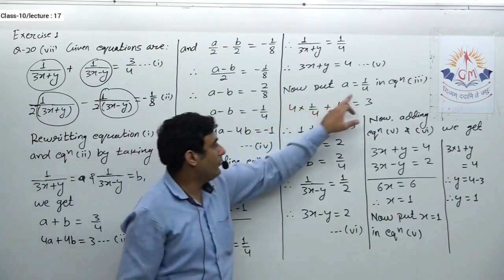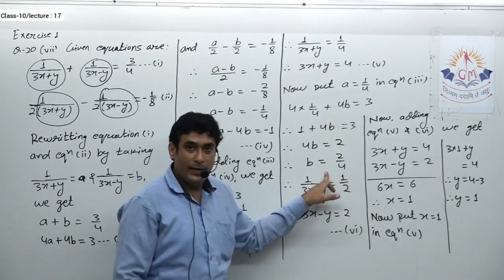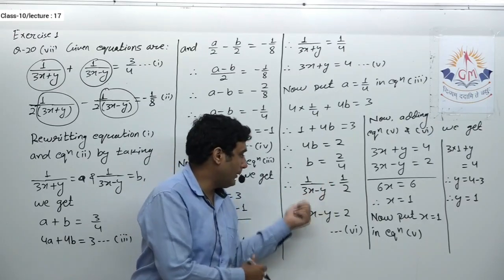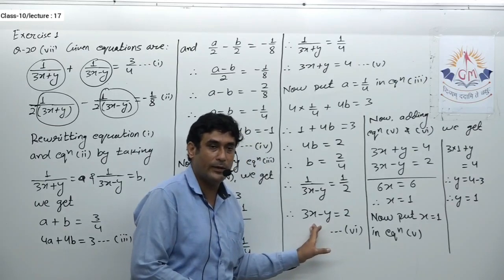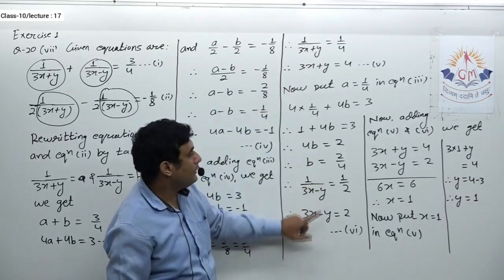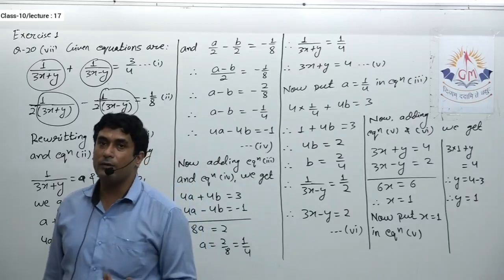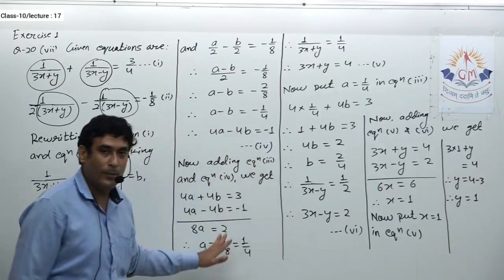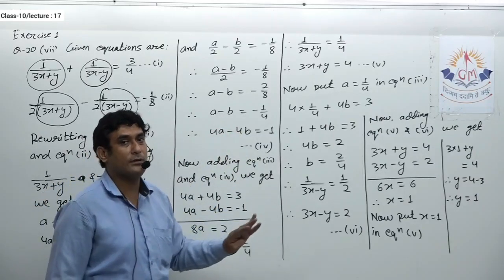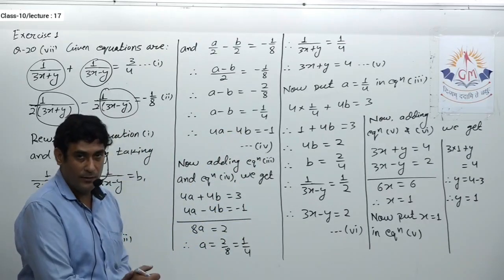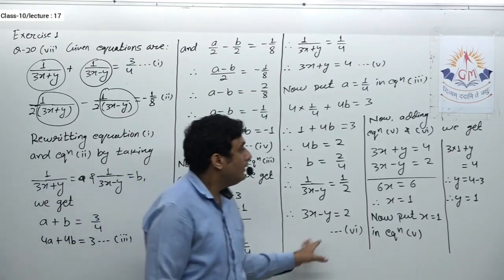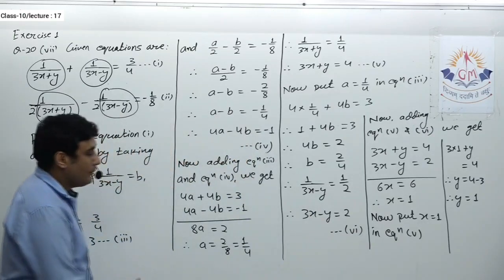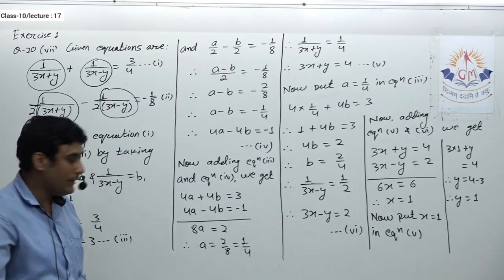After putting the value of A over here, I obtain B. What B was, it was actually 1 upon 3x minus y. So here I got another relation between x and y. Now again you have to solve these two equations by elimination method or substitution method or cross multiplication method. That means in this type of equations, where we have to convert the equations into the form of a pair of linear equations in two variables, you have to apply those algebraic methods twice. Okay, maximum 2 times. So I hope this is clear to you.